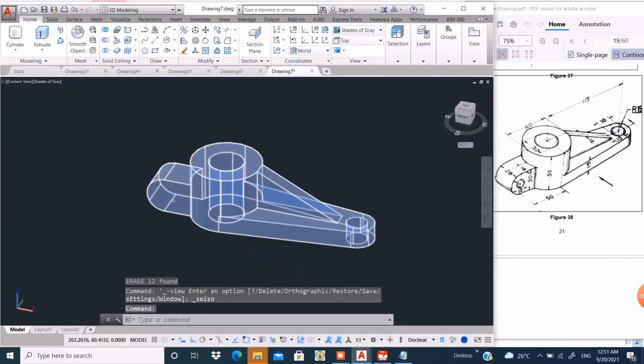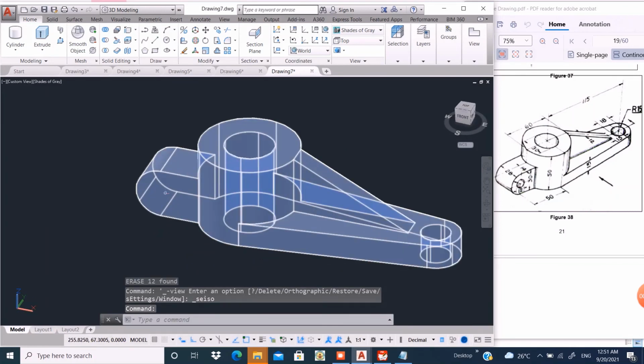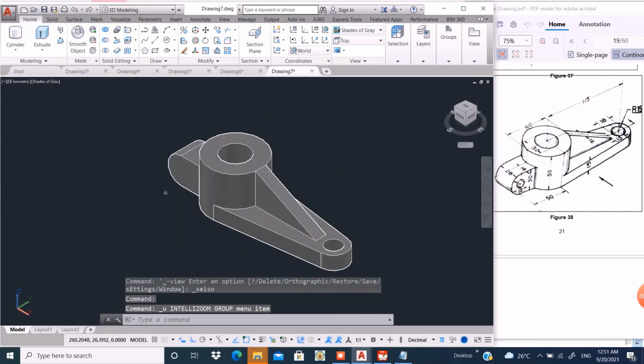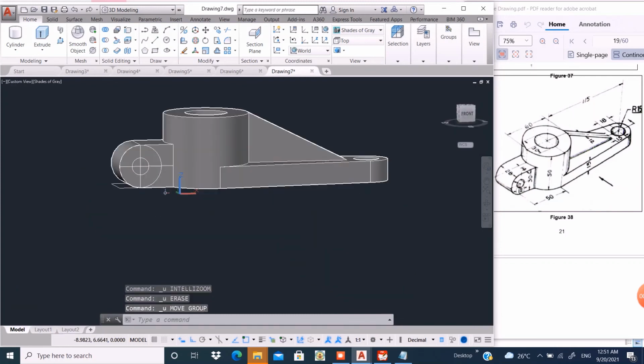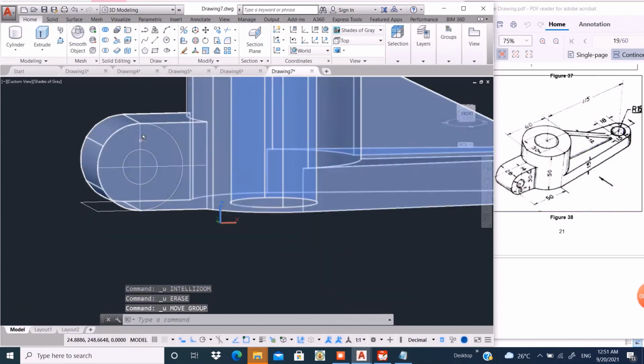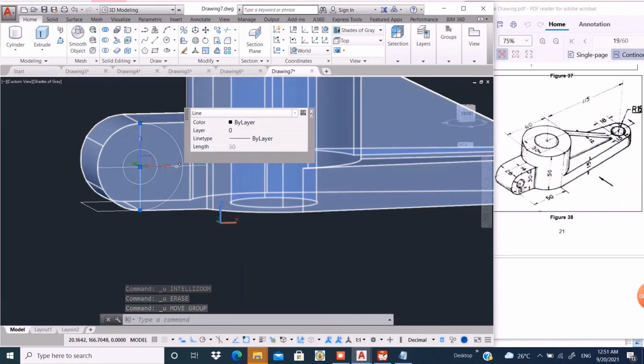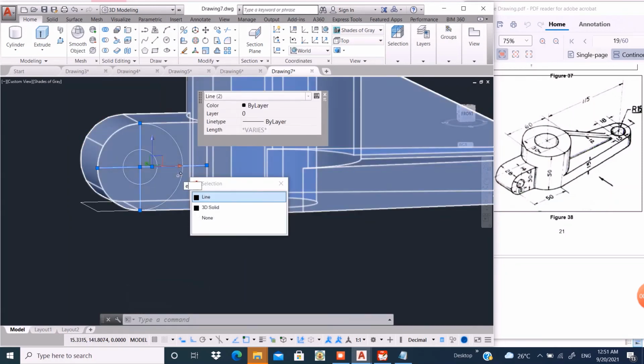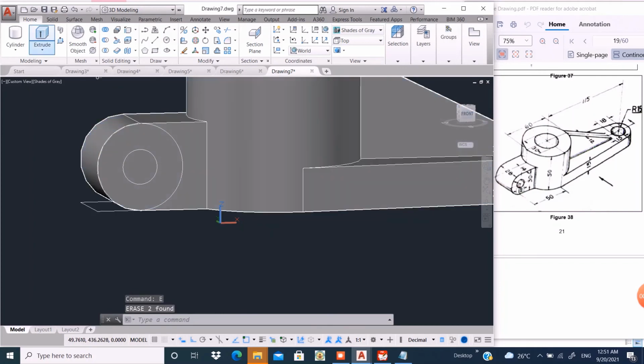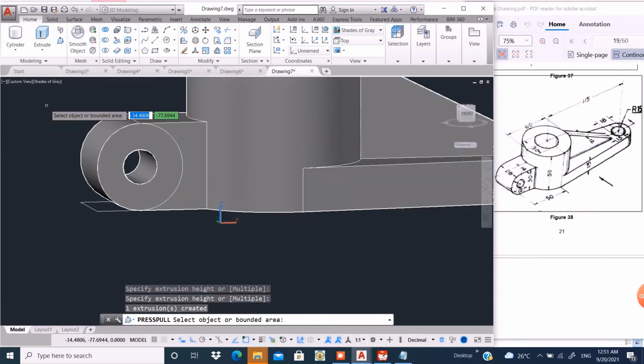Sorry, here the circular hole is not created, so one step back, erase this line, select and erase. Now take press pull command, click here, it is.